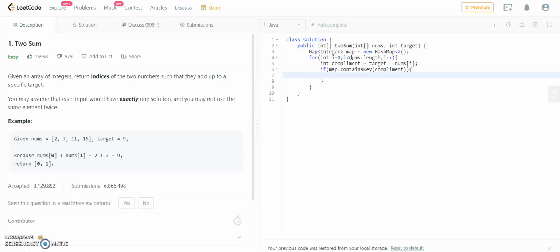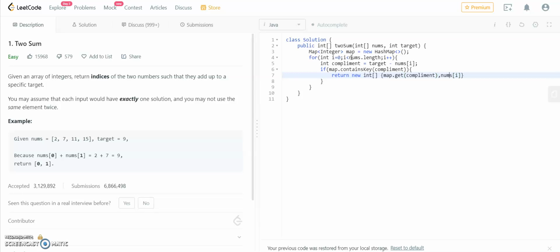then we are just going to return the two numbers which we need in the form of integers. We are going to return the integer array which will consist of the first number as the complement and the second number as nums of i, because we need the indices and not the number.